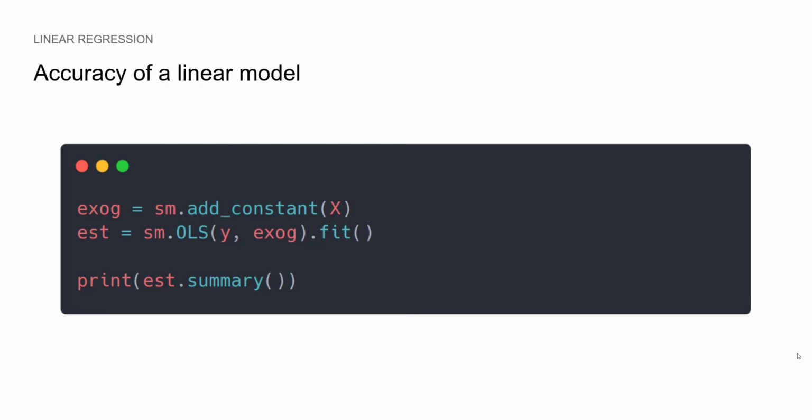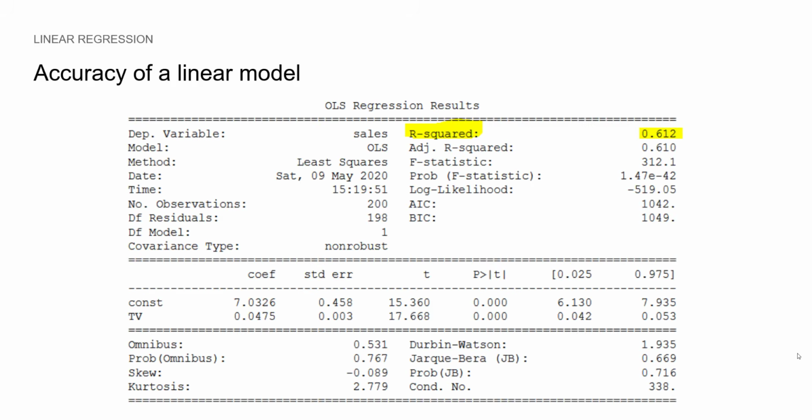In Python, we can use the same process as we did before to find the p-value using the same package. So as you can see, when we print out the summary, this is the full printout that you get from the Python package. You see highlighted in yellow the R-squared value in this example.